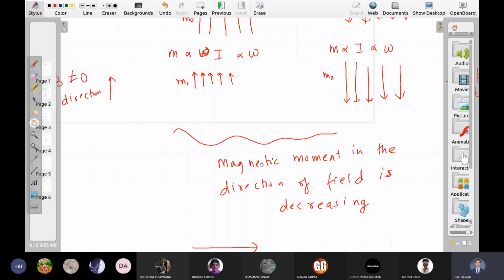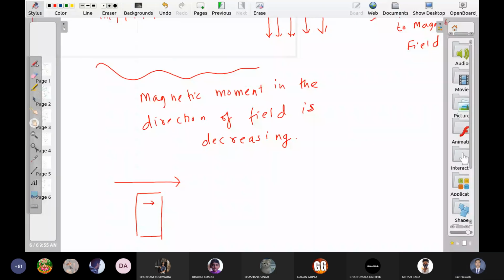It does not show any paramagnetic or ferromagnetic. So we can say wood is diamagnetic. But if we take iron, it is also diamagnetic. But the ferromagnetic effect is much higher than the diamagnetic effect. The ferromagnetic effect is so high that you can always ignore the diamagnetic effect with respect to the ferromagnetic.